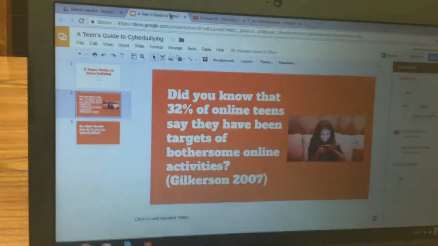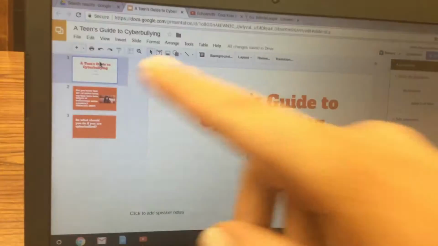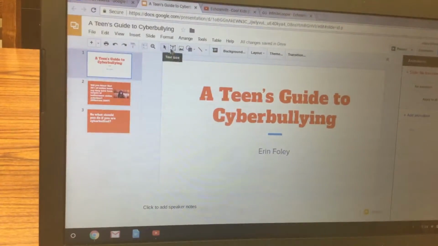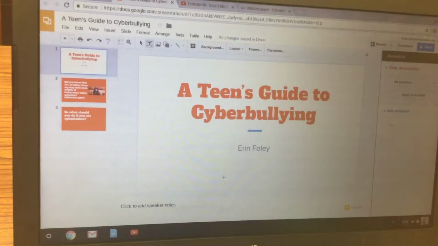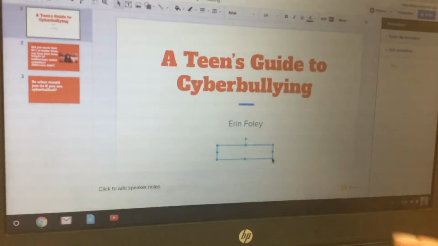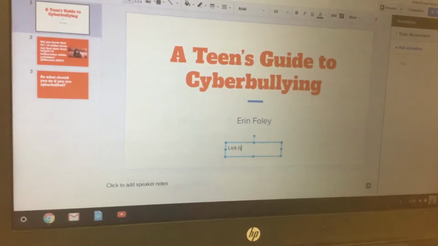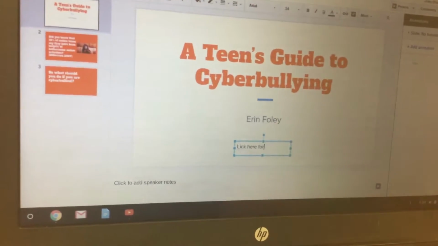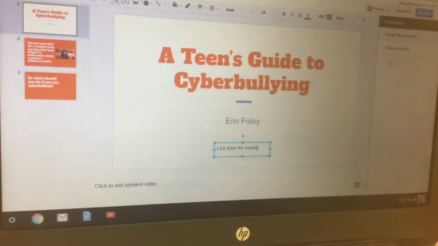Go back to your guide, and what you want to do is click back over to slide 1. Click on the text box button, and you're just going to add a little text box down at the bottom of your title slide. And you're going to say something like, click here for music. And then what you're going to do